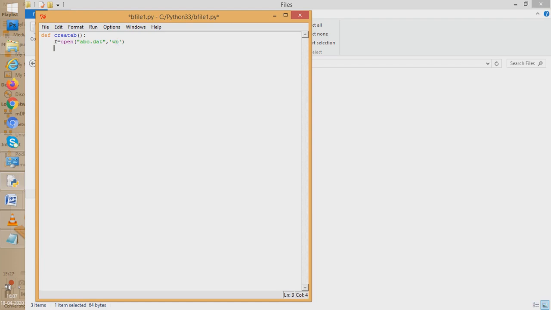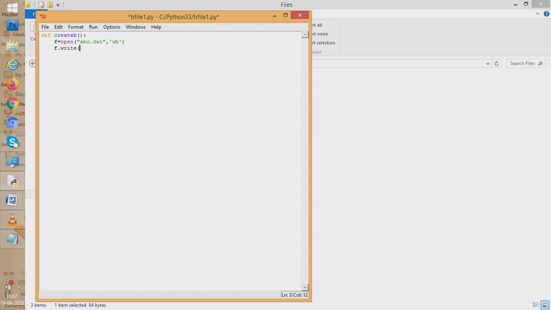Now I come and I try to write something in the file. Which function do we know that is used to write in a file? Yes, those who have seen the text file video will say, sir, there is a write function. Let us try that write function. Let us try to do it. So we are trying with the write function,